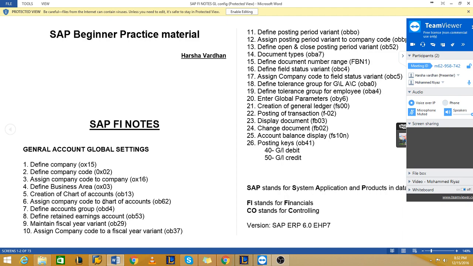Now you want to make postings. When I am in April, that is the first period, I don't want my users to post on any date other than April dates. To restrict posting periods, through the posting period variant I can close the periods I don't want users to post to.